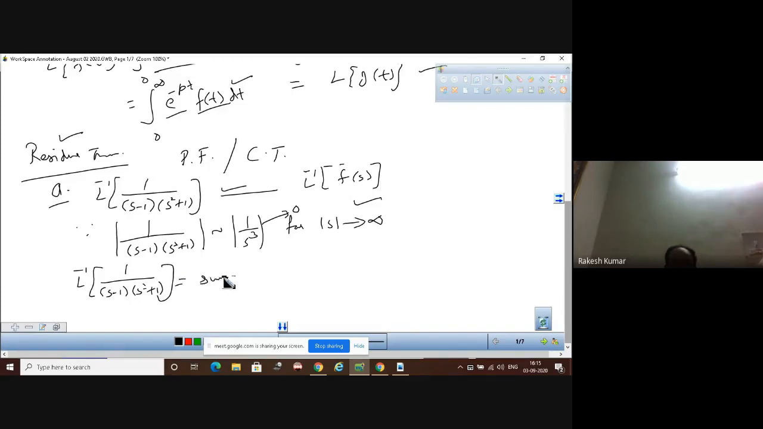So that will be equal to the sum of residues of... Now we need to take the function whose denominator will be the same as in f bar s, but you only have to multiply it with e raised to power xs. This is the method. So add the poles,